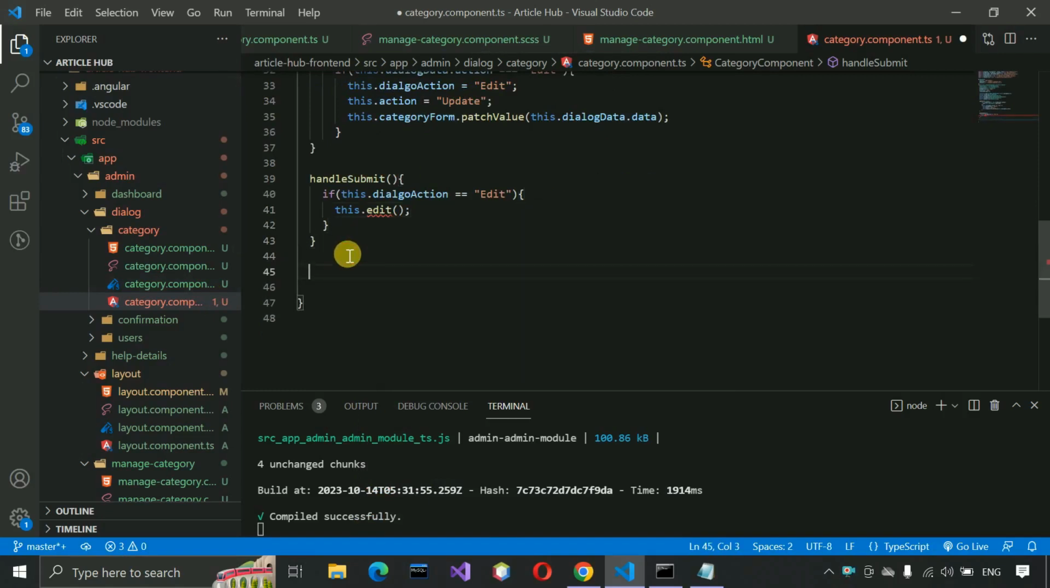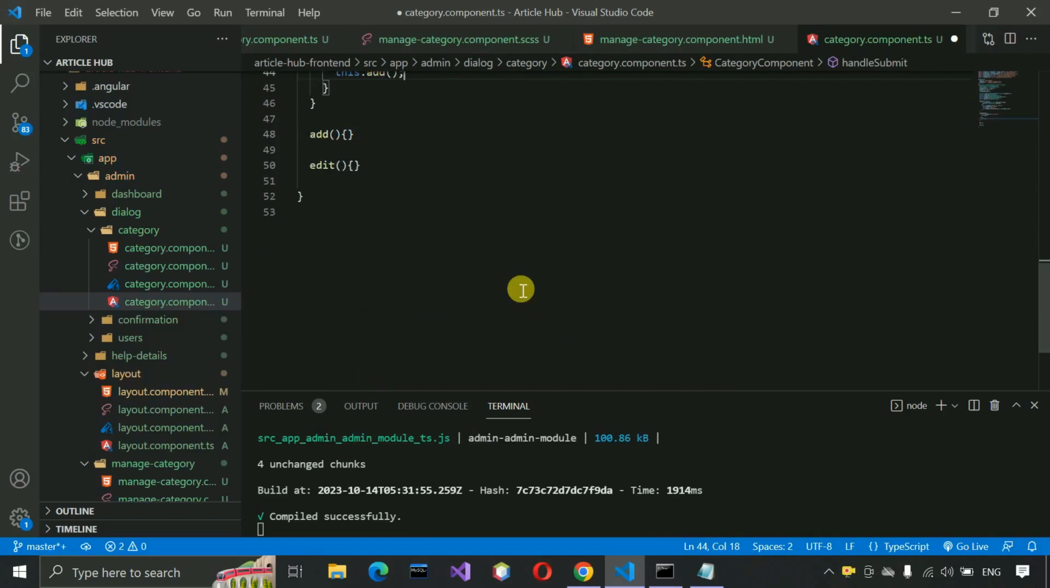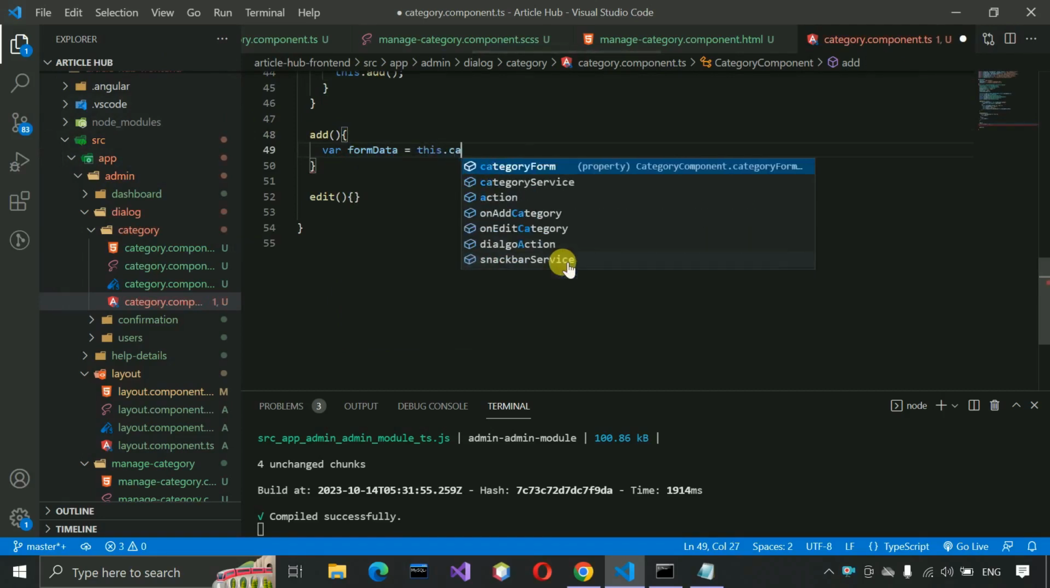So let me create here add, and then we are going to create edit. And just after that, in the else condition, this.add, this method we need to call, and inside add we need to write the code to submit the form. Once handleSubmit has been called, we need to call the API. So formData is equal to this.categoryForm.value,